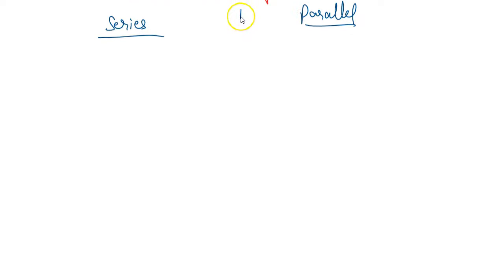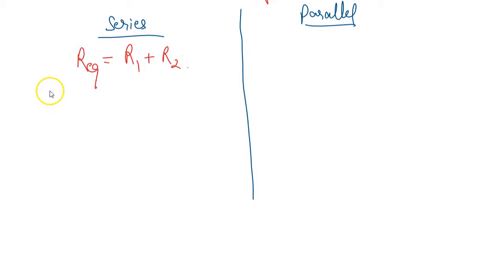So let's just sum up, because we have gone through major discussions on series and parallel combinations. We will highlight the bullet points here, and in the next lecture we will follow up with numericals based on series and parallel combinations of resistors. First, in series, for two resistors connected, the equivalent resistance is given by R1 plus R2. In parallel combination, the equivalent resistance is given by 1 by R equivalent equals 1 by R1 plus 1 by R2, right?